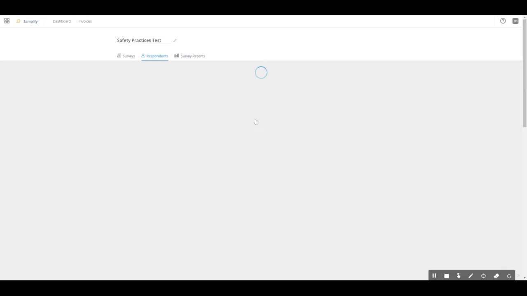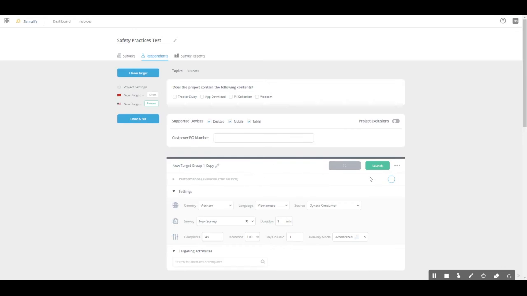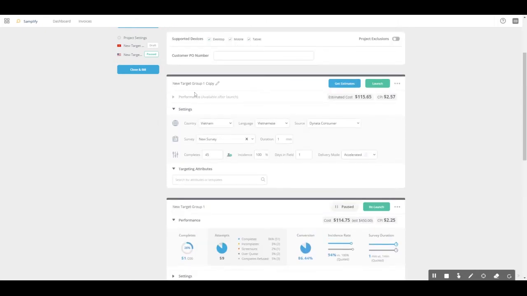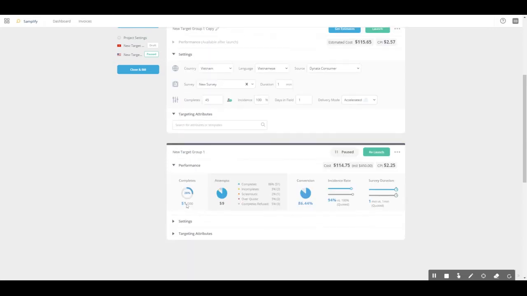I usually like using this project for the purpose of showing how the target performance is going to be looking. Scroll down here, and here we can see, as soon as you press that launch button, the target performance, which is grayed out and just available after launch, fills with the live data. You will straight away see an indication of how many completes from what you wanted are already achieved. You can see how many starts you had in your project, and of these starts, how many percent,